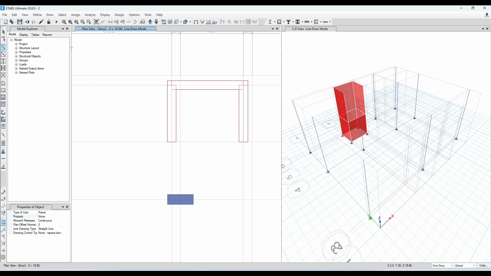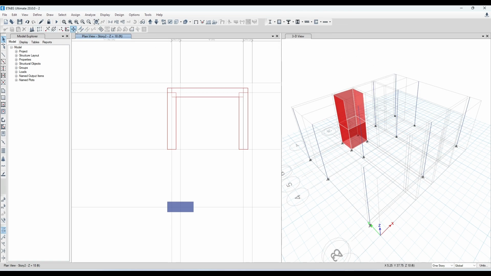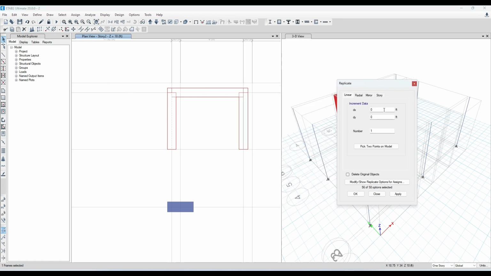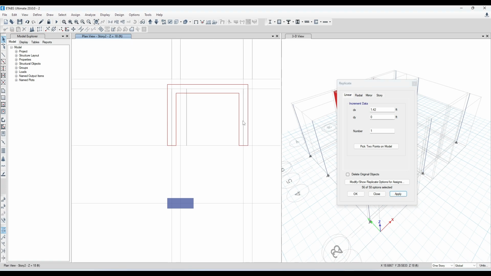Okay. Now what we can do, we can replicate this beam, select this one, replicate for x direction 17 inch, that means 1.42 feet, apply, and for this one 1.42 feet minus, apply.